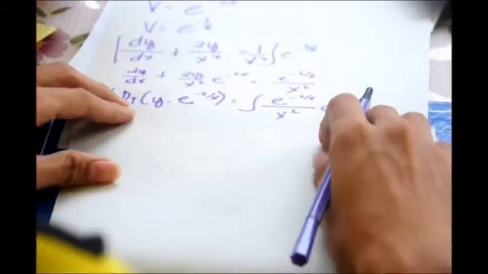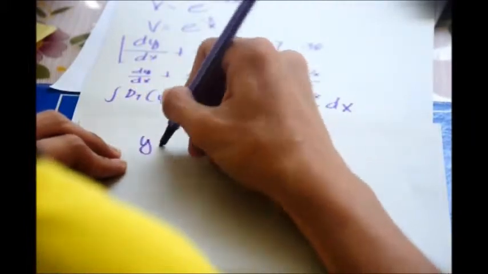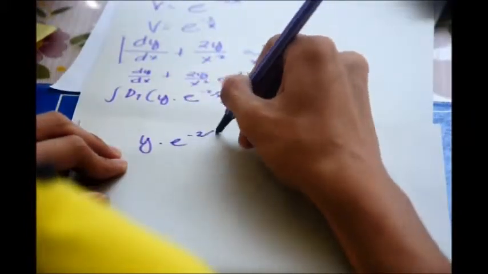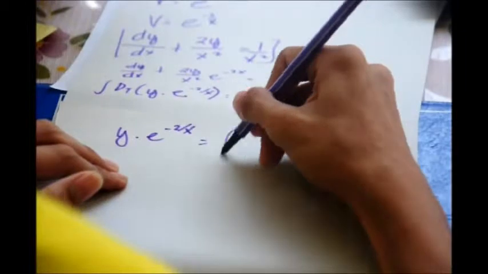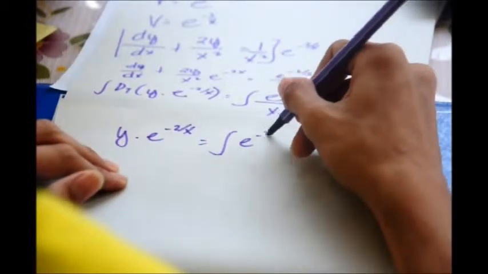And thus, by integrating, we can get y times e to the negative 2 over x, e to the negative 2 over x